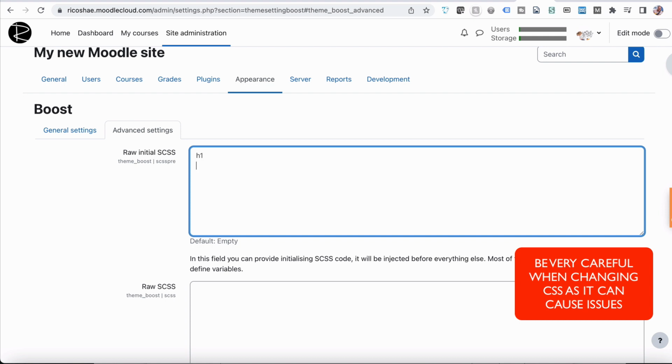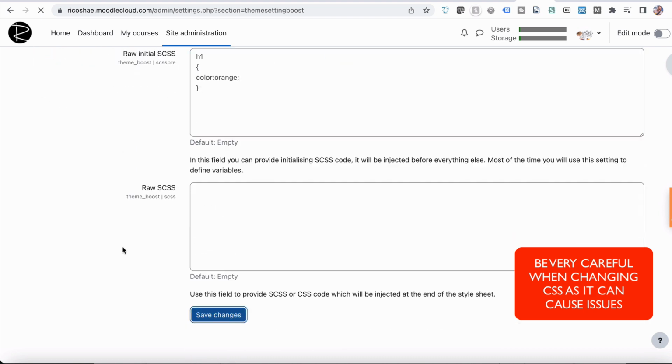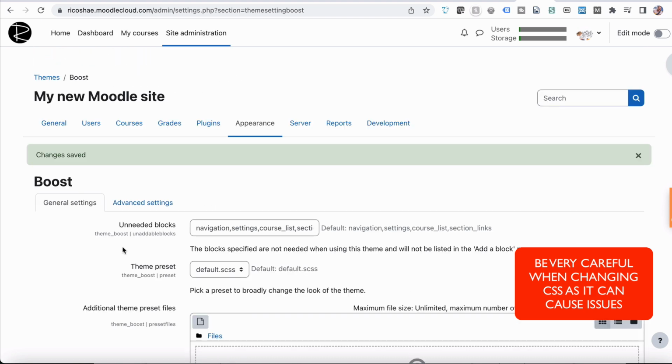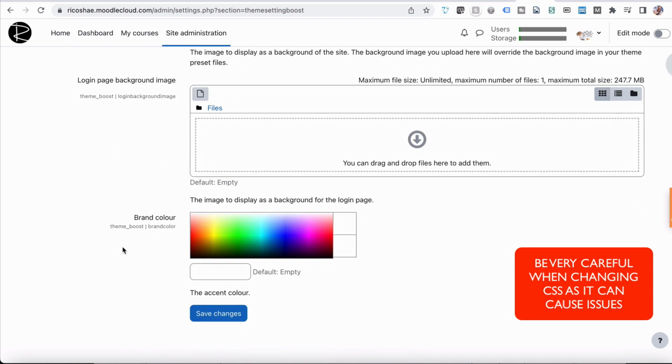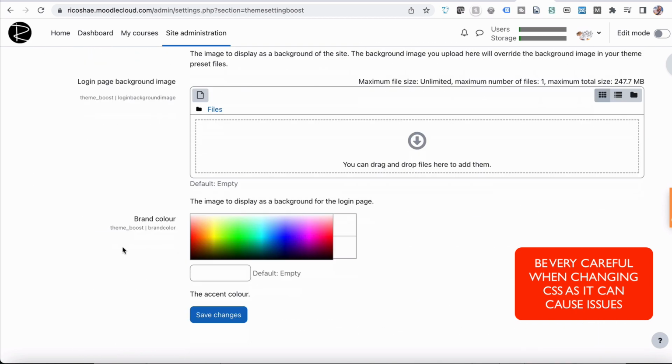So if we just go heading 1, put in our heading 1, and we'll just change the color to maybe an orange. And we'll just check that that works. Remember too that when you're doing this, it may not change things straight away because there is a thing called a cache, which means everything gets cached in the background. So if I just save those changes,